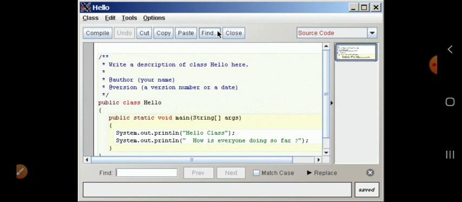You have to select all of it, by Control A you will select everything, and then delete it. After that, you have to do documentation, class, function, data variables, then closing, then termination. See, here termination means what? Semicolon is terminating this line, hello class. After that, the next line, how is everyone doing so far? That means hello class is terminated over here, and the next statement, how is everyone doing so far, has to be executed. So this is the use of termination.